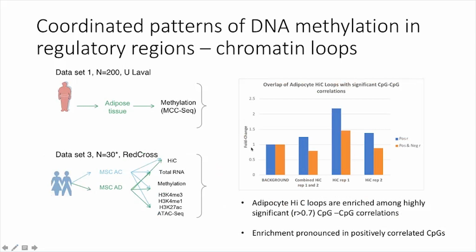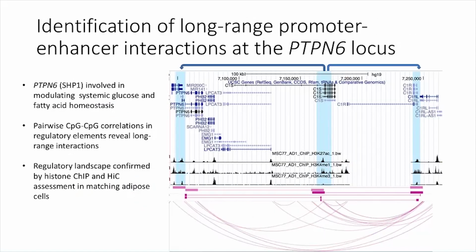or the coordinated methylation variation across distal sites is overrepresented in Hi-C loops, and we see significant evidence of enrichment again of these coordinated CpG events, CpG correlations, with independently verified loops in the same cell system. So this is promising, and we have been able to validate several distal CpG correlations now using the first Hi-C data that we've generated in the adipose cells.